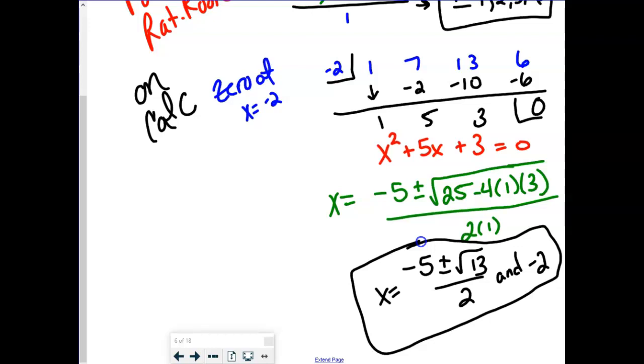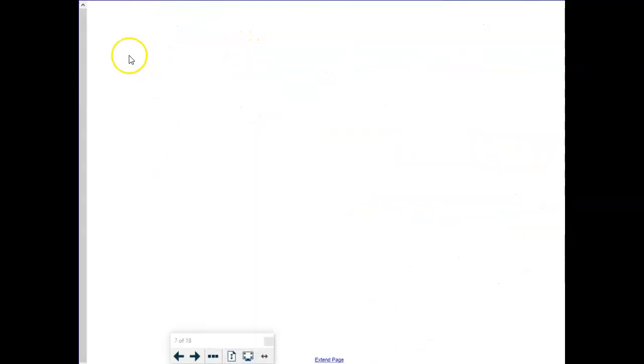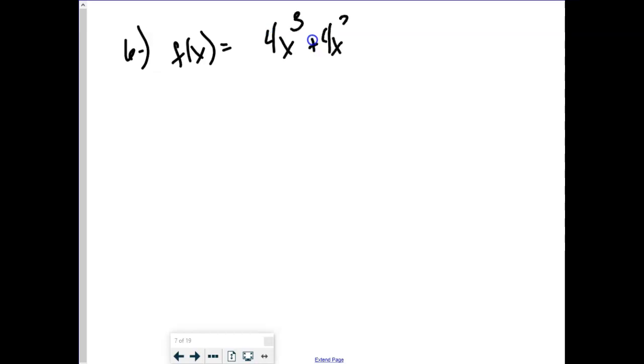All right, let's take a look at number 6. Number 6. Now the directions say state the possible rational zeros again, but now they want me to factor, get it in beautiful factored form. So your function is 4x^3 + 4x^2